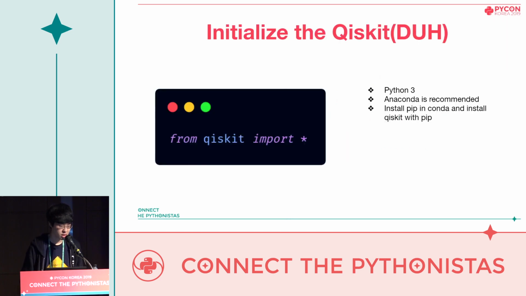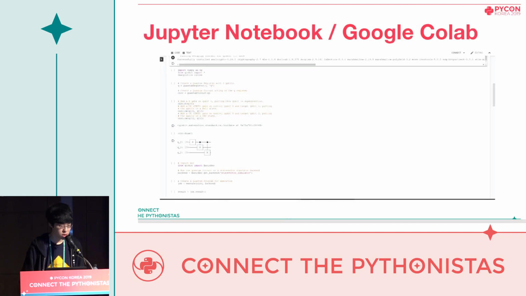So to get started, we should install and import Qiskit in Python, of course. I would recommend using pip inside a Conda environment, but just pure Python and pip will do the same. When you install Qiskit, you're all set. Just import everything from Qiskit. Well, sometimes importing parts of it is a lot more efficient, so just choose wisely. In addition, you can use a Jupyter Notebook while you are using Conda. Google Colab is not a bad option too. Just install Qiskit on it.